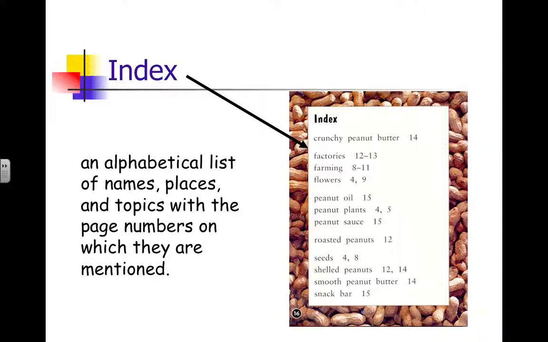key words. So this is even more specific than a glossary that just has vocabulary words or definitions. This is like key words that come from whatever topic you're studying, and then what pages those words are mentioned on throughout the book. This is critical for kids to understand this resource. So if this book is about peanuts, if I need to know anything that has to do with seeds, I can find seeds in the index. Again, it's going to be in alphabetical order, and I should be looking at pages 4 and 8 to find